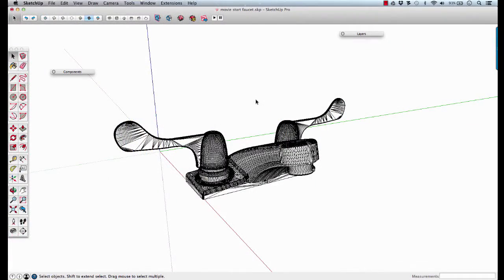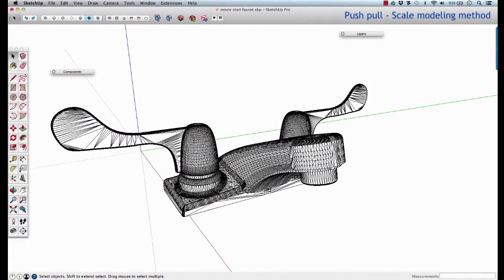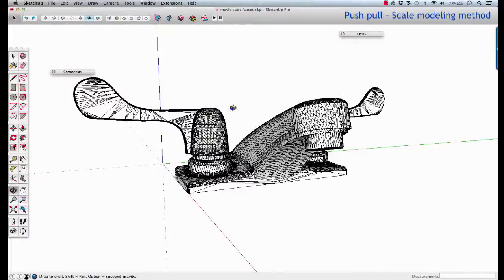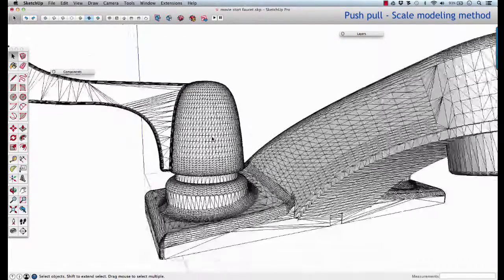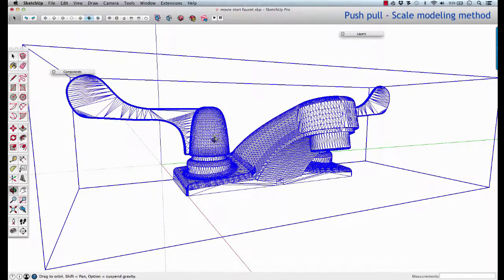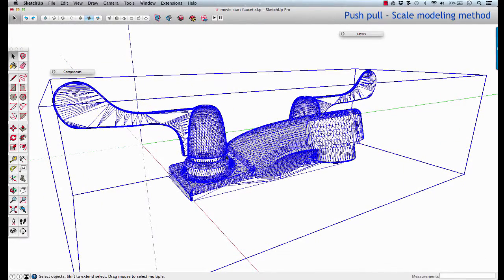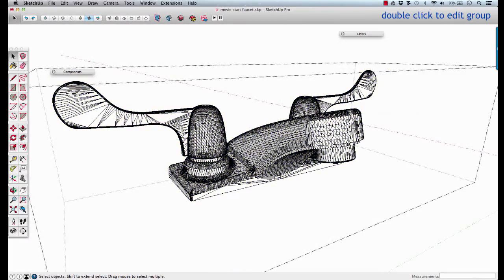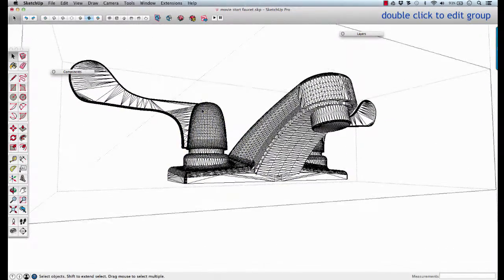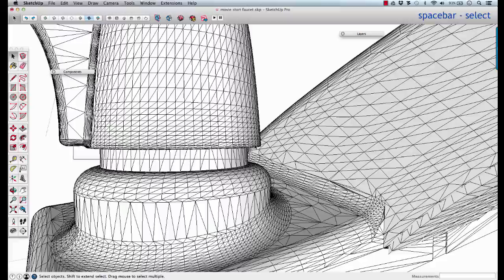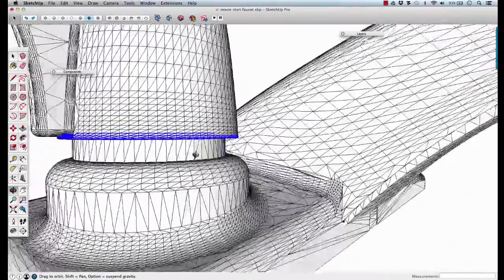This particular faucet was an STL file imported into SketchUp. It brings in lots of small polygons, lots of detail, and comes in as a group. So the first thing we want to do is identify cardinal points for working with the model. So we'll double click to get into the geometry. Select just the bottom of the faucet handle,